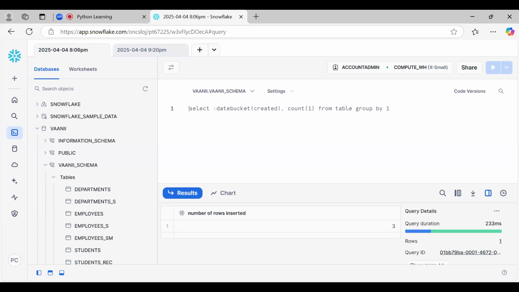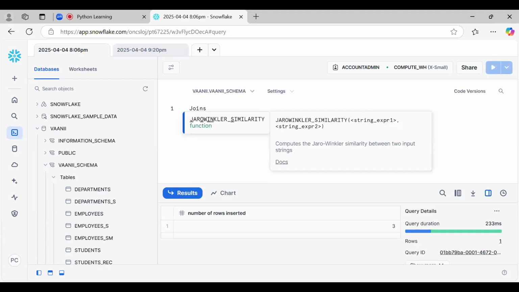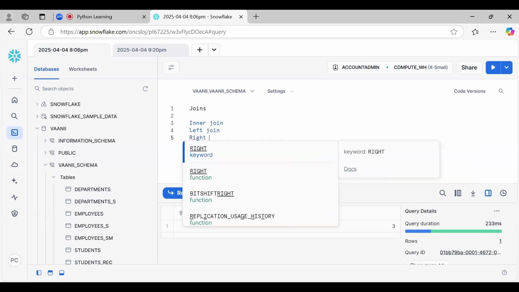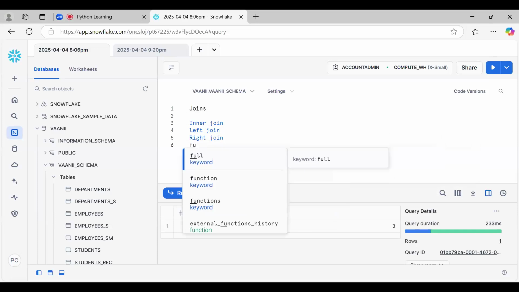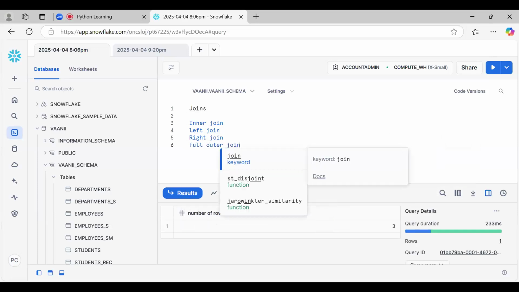There are mainly four types of joins, and we'll learn all one by one: inner join, then left join, right join, full outer join. We'll also learn one more, which is cross join.